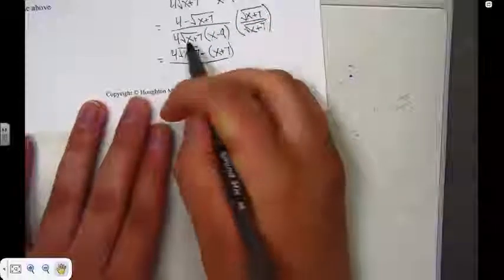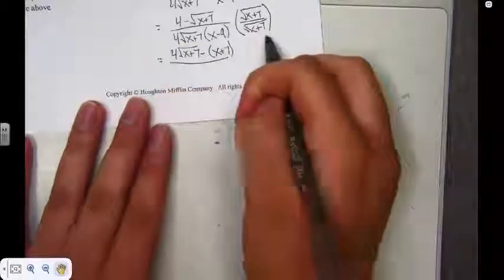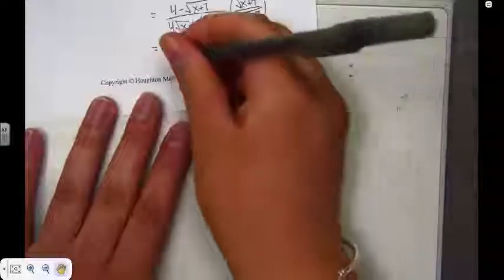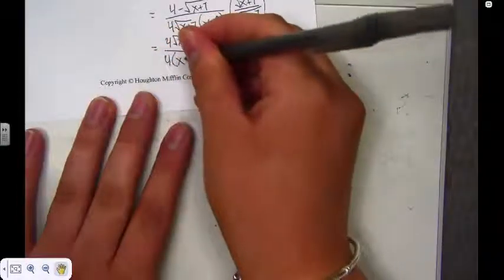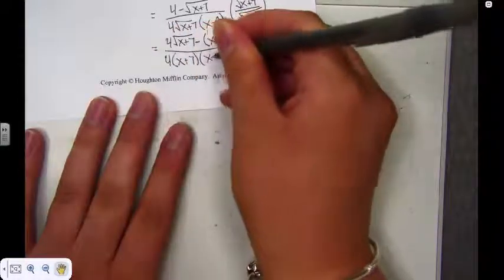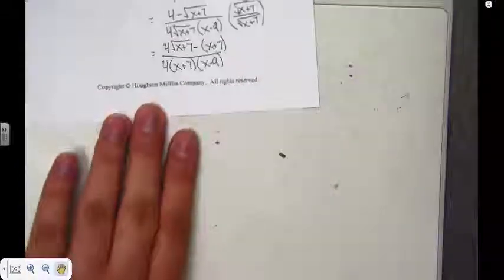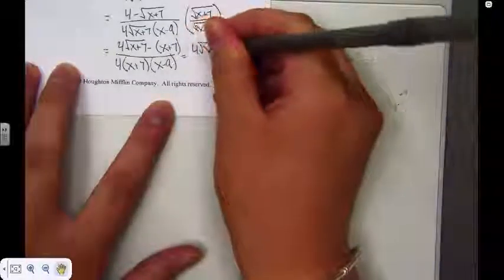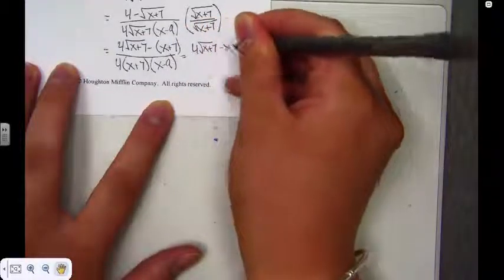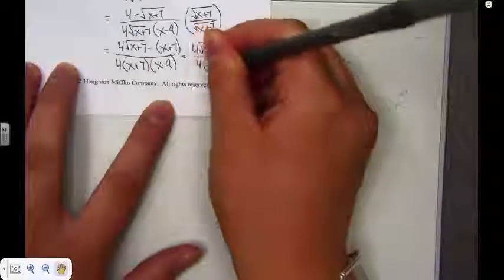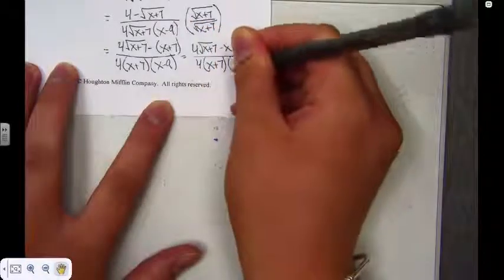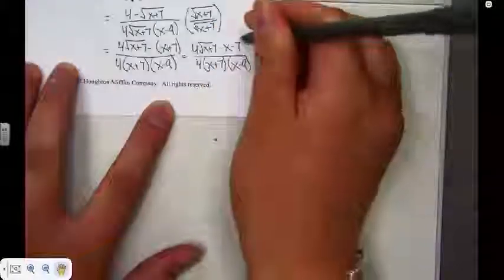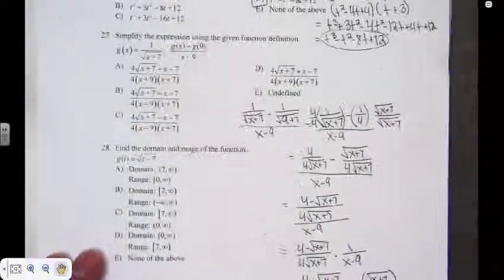And then we have the same deal down here where square root of x plus 7 is multiplied by square root of x plus 7. So that'd just be x plus 7. Then we still have x minus 9. And then you can just distribute this negative sign throughout the parentheses. 4 times the square root of x plus 7 minus x minus 7 over 4 times x plus 7 times x minus 9. And if we look back at our options up here, that's